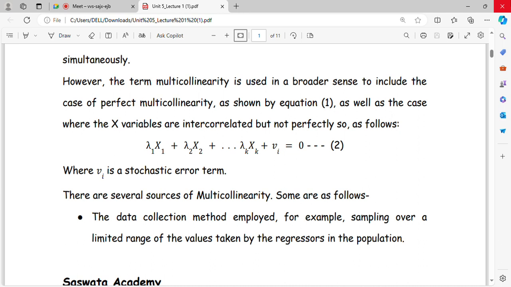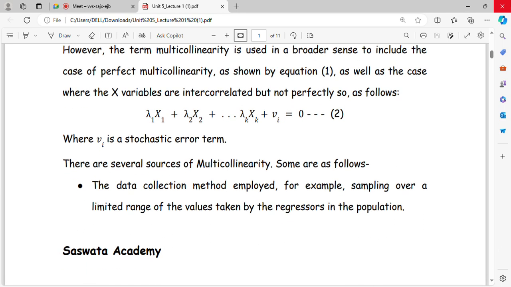The next important question is, what are the several sources from which multicollinearity may occur? The first source is the data collection method employed, for example,